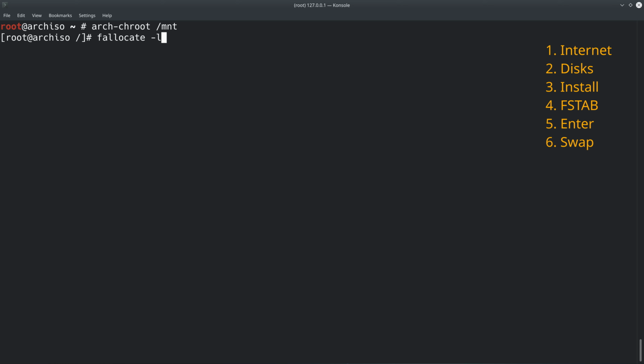space -l. Then we need to specify the size of the swap file. In my case, I want it to be 2 GB, so I'll type in 2G and then /swapfile and hit enter. Now we need to change the permissions of the swap file so that it can be written on. And to do this, we'll type in chmod for changing permissions. And the permissions for this are number 600 and then /swapfile